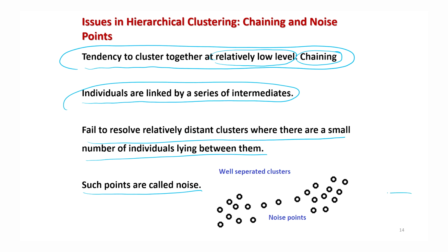For example, if you look at this picture, you can see very clearly that these points are identifying possibly a cluster, right? Now, what about these 3 points? Particularly, this point will go here or here, we don't know. This point will go here or not, we don't know. So there is a confusion. So these 2 clusters are well separated clusters, say cluster number 1 and cluster number 2. And all these points, number 3, 4 and 5, can be called noise points. So obviously, you would like to have a good clustering where the noise points are minimal.